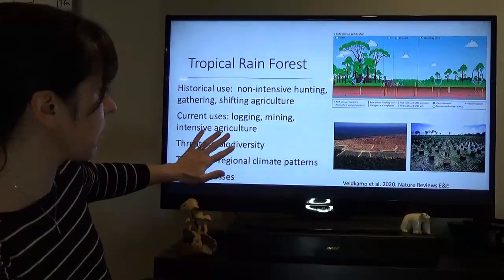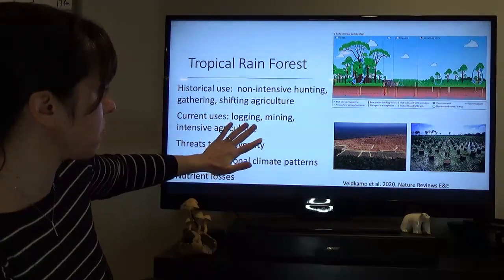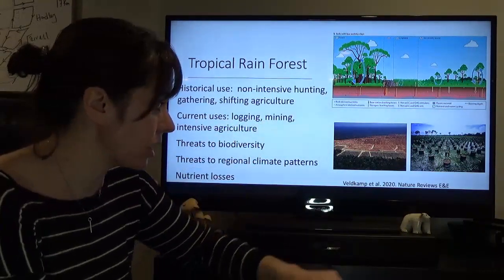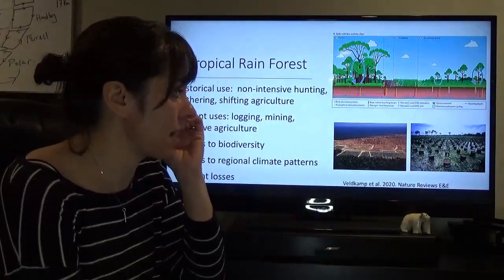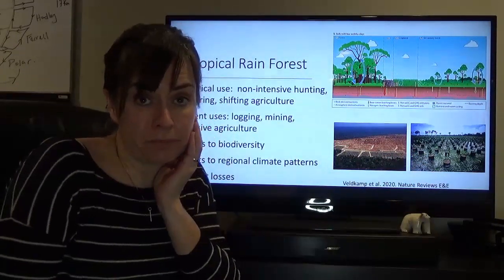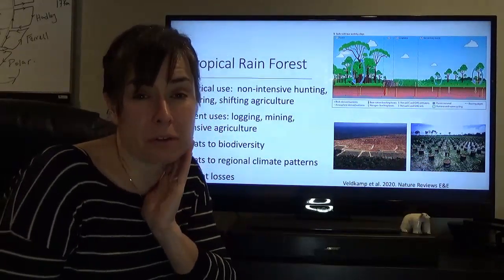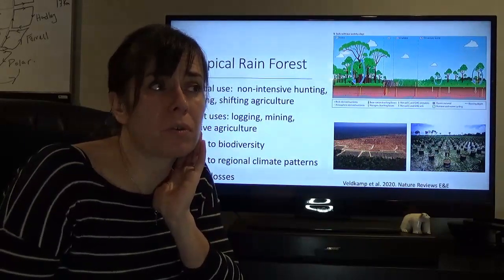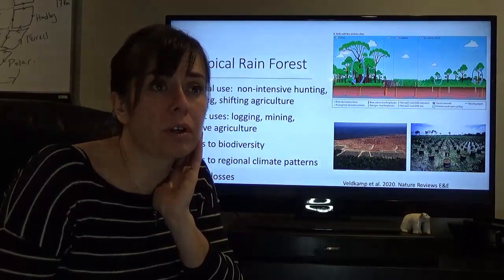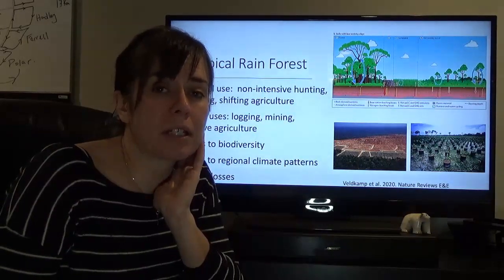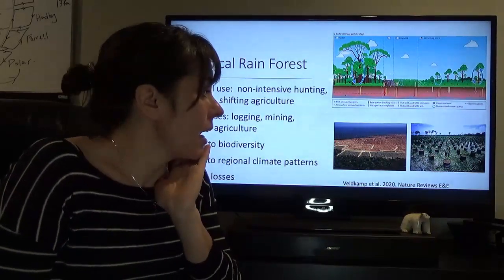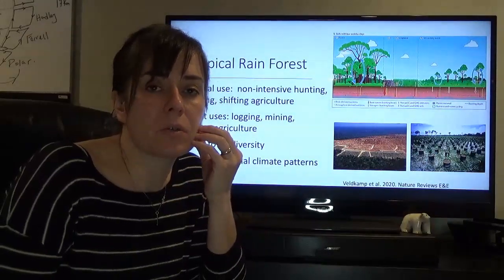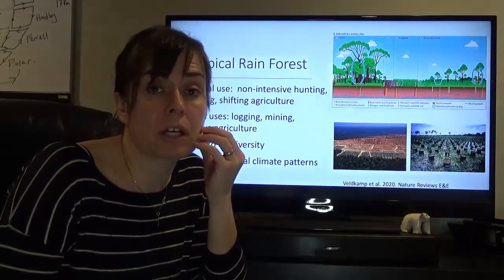Current uses, though, are really quite destructive. We have a tremendous amount of logging, mining, and really intensive agriculture. This is just one example where I used to work in Malaysian Borneo and throughout much of Southeast Asia. There's a real push toward forest clearing for oil palm plantations. And palm oil is found in many of the processed foods that you would purchase, and it's really hard to